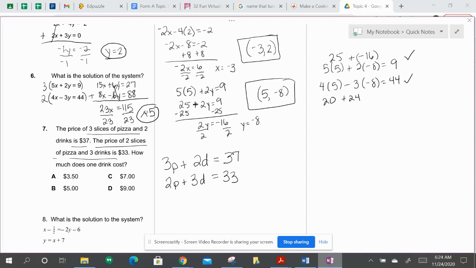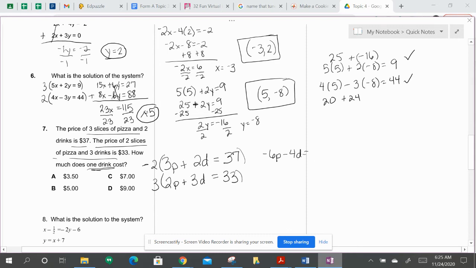But let's be smart about what we eliminate. Because they're asking how much 1 drink costs, it would make most sense to eliminate the pizza. So looking at the numbers in front of pizza, I need to multiply the top equation by 2 and the bottom equation by 3. However, that's only going to get both of them to be 6p, and I need one of them to be negative 6p, so I'm going to put a negative in front of one of them. It doesn't matter which. All right, so multiplying through, I now get negative 6p minus 4d is equal to negative